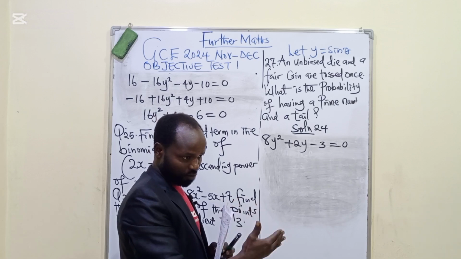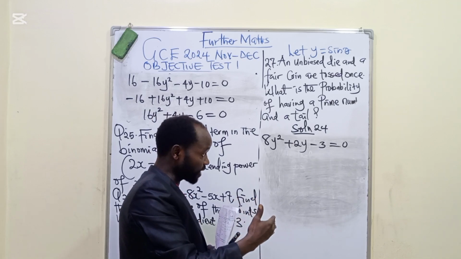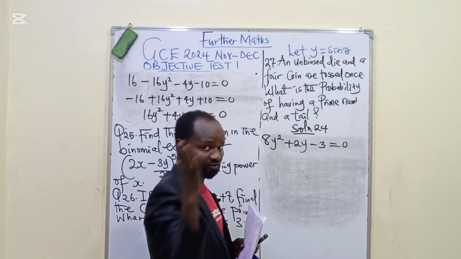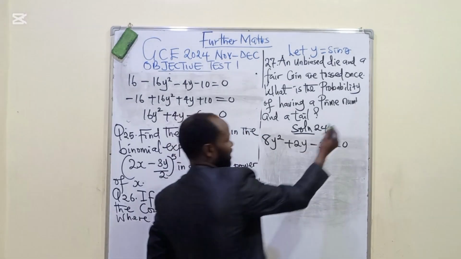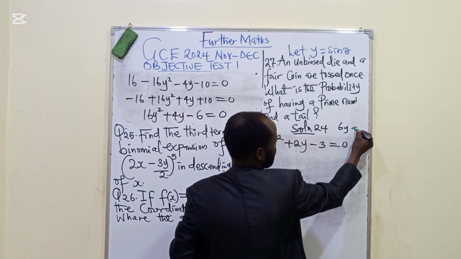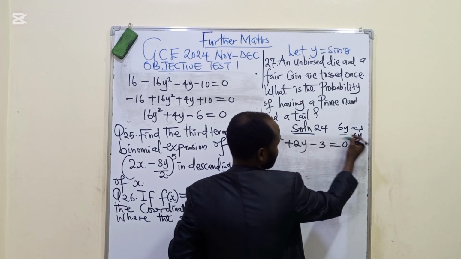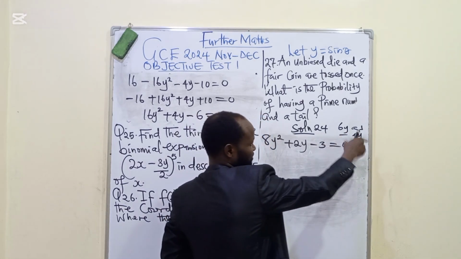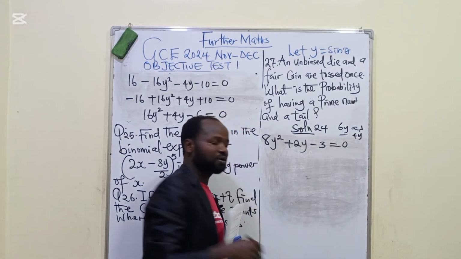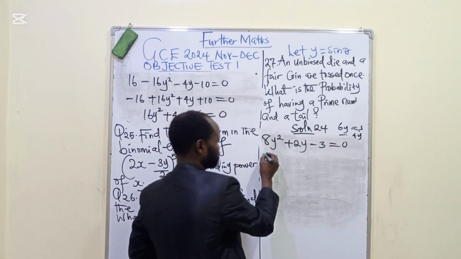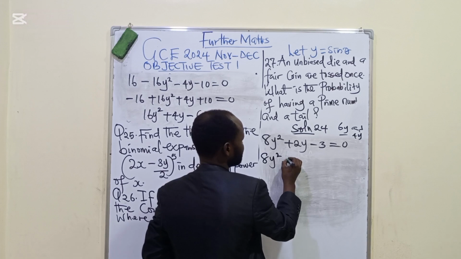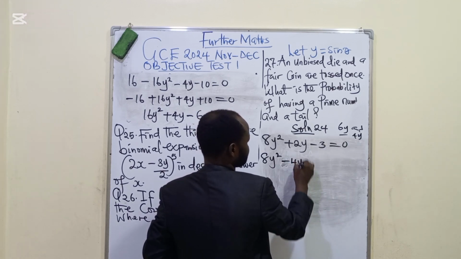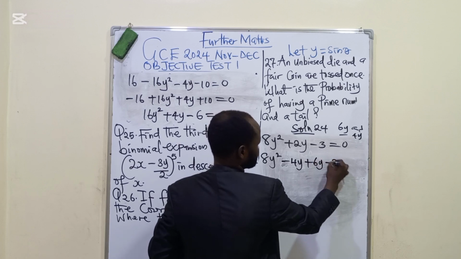It will be plus 4 plus 6y and minus 4. Since the middle is positive, one of the factors has to be negative. So the two factors are 6y and minus 4y. 6y minus 4y will give us plus 2y. Then 6y times minus 4y will give us minus 24y squared. So it will be 8y squared, let's put minus now, minus 4y plus 6y minus 3